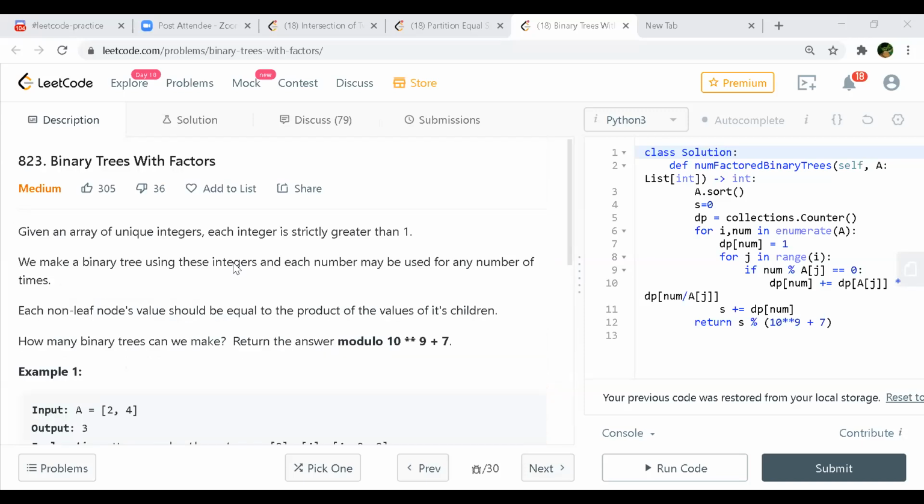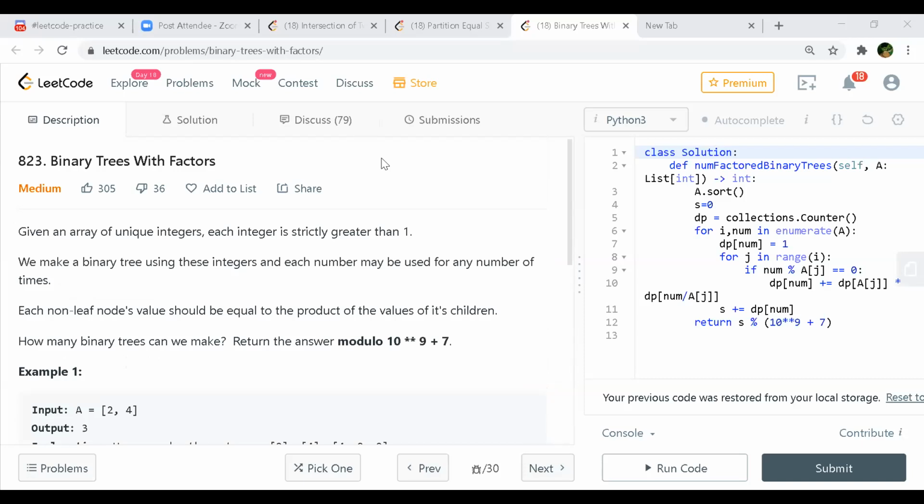Yeah, so how to proceed here? Okay, so actually we have to find all the binary subtrees first. Each will have a root and then its two leaves.